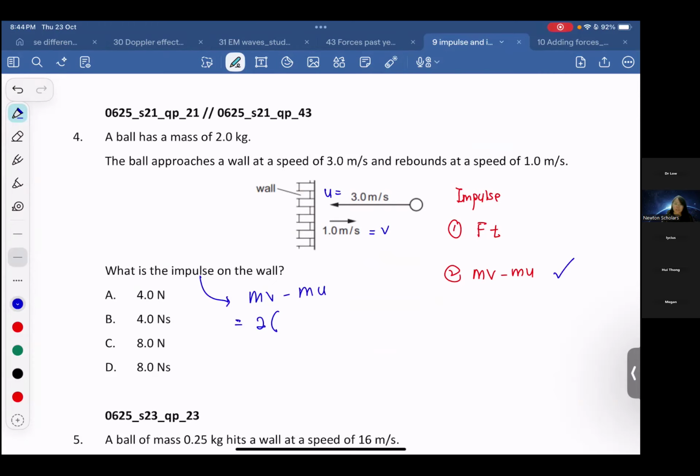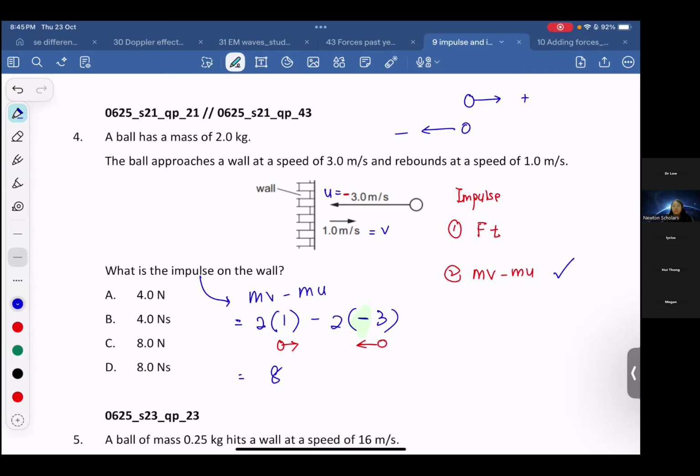You can put either one, okay? For example, I can assume to the right is positive, to the left is negative. So if I assume in this way, so I put a negative at here. Final velocity is 1. So I put 1 minus 2 times negative 3. Negative is because opposite direction, okay? This one is moved to the right. Here is initial is moving to the left, opposite direction. So our answer will be